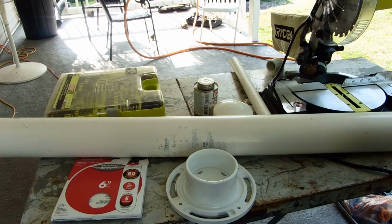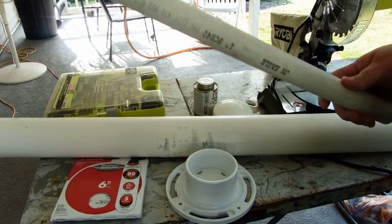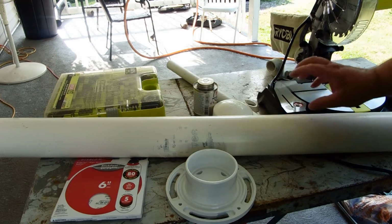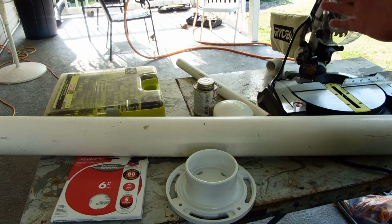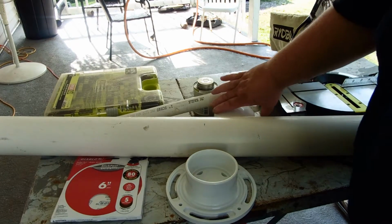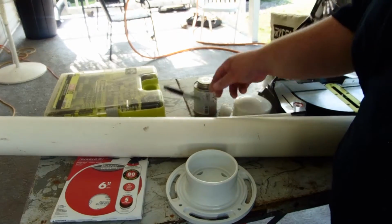Things you're going to need for this project. You're going to need a piece of 1-inch PVC, thick wall PVC on schedule 40. You're going to need schedule 40 3-inch pipe, approximately about 2 foot of it. You're going to need probably about 2 foot of 1-inch pipe. You're going to need a cap, 3-inch cap, a marker,